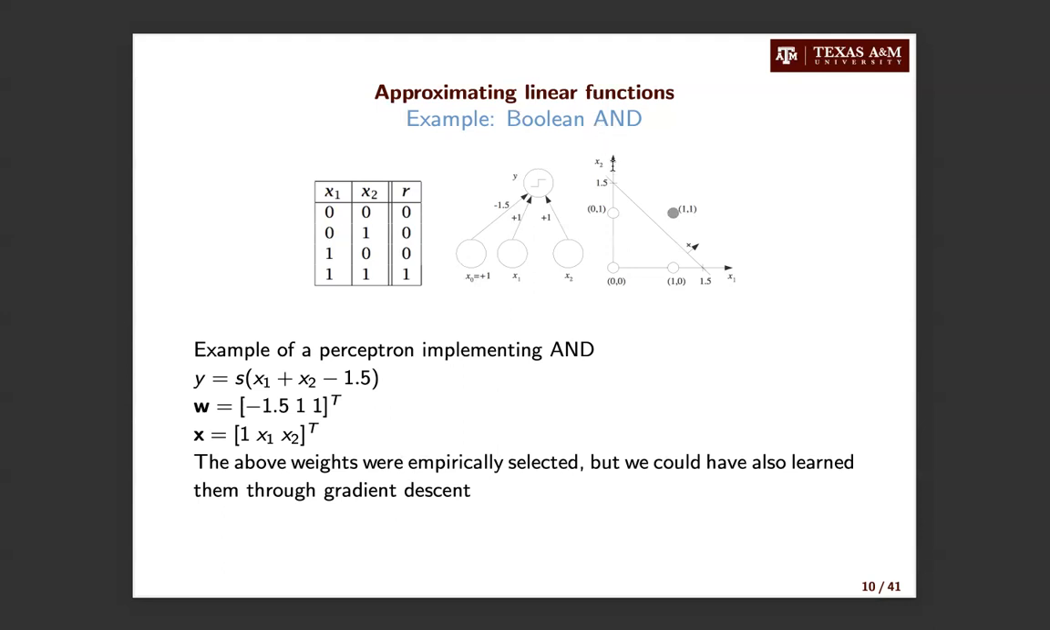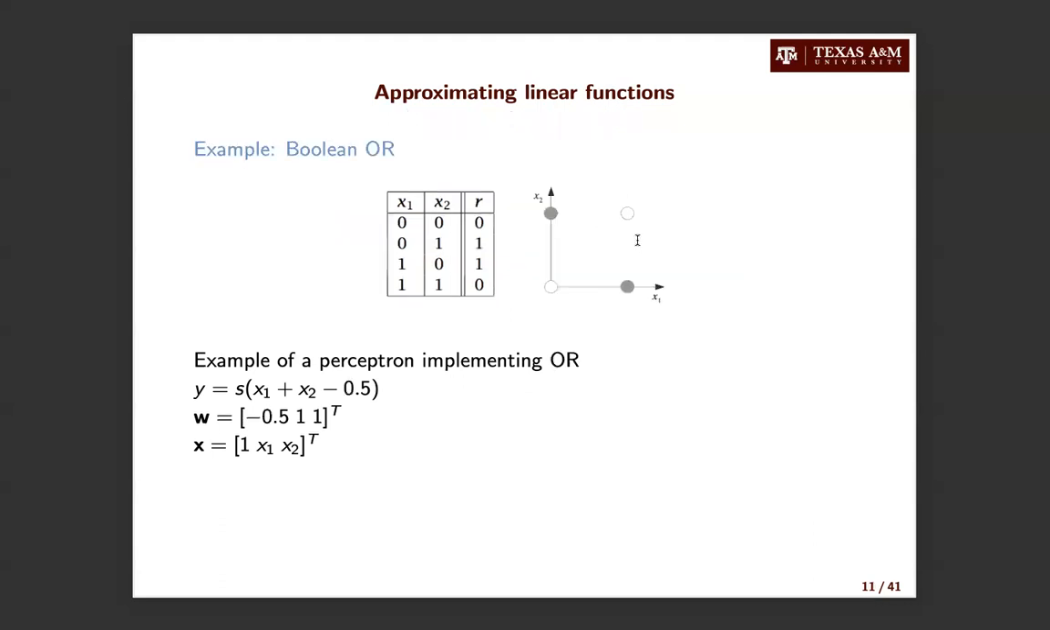And the reason for that is that these 4 samples are linearly separable, meaning we can find a line that can correctly classify these 4 samples into the positive and the negative class. In a very similar way, we can also find a perceptron unit that successfully implements the Boolean OR function. So the Boolean OR function, again, has 4 different cases,